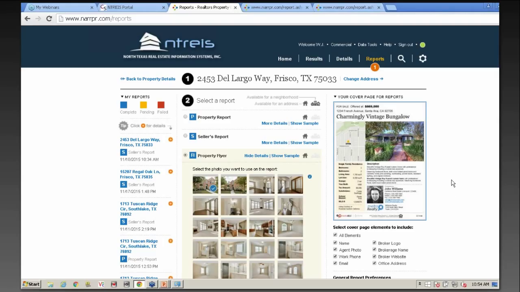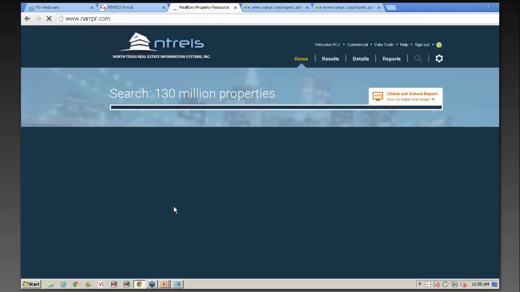Okay? I see that the report is still being generated. What is the typical time for a report to generate? I've seen them take as long as 4 or 5 minutes, depending on how many comps that you put on it, how many pages they are. But once it generates, it will show up over here on the left-hand side. Or if you go back to the property itself,